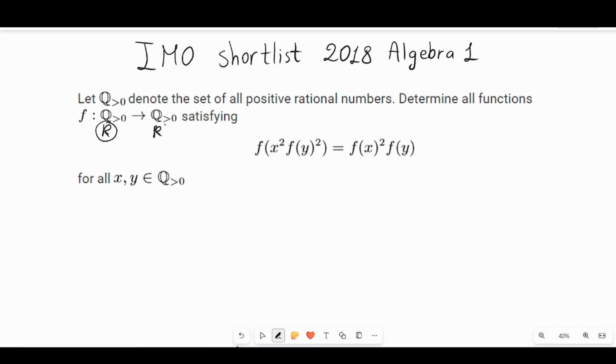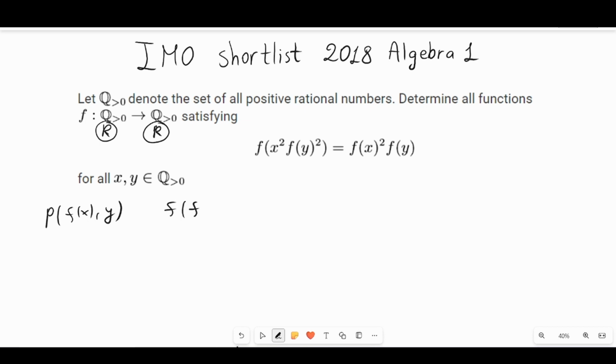And now we will see what was the problem. We need to find all functions such that f(x)^2 times f(y)^2 equals f(x^2) times f(y). As in most of the cases in these problems, it is very useful to make left-hand side or right-hand side symmetric. And now, if we insert instead of x, f of x, and instead of y, f of y, then we can see